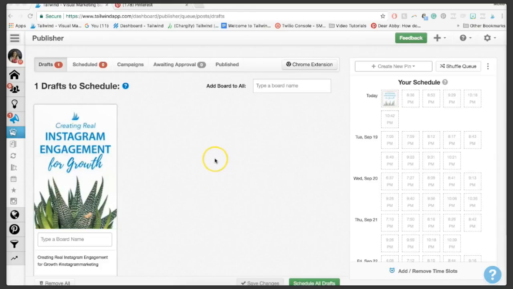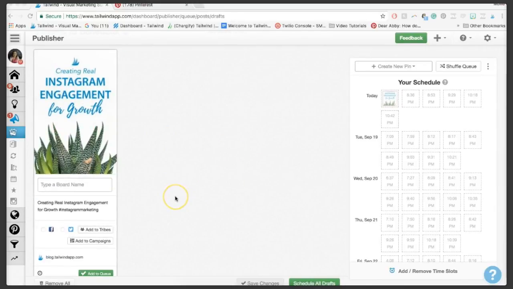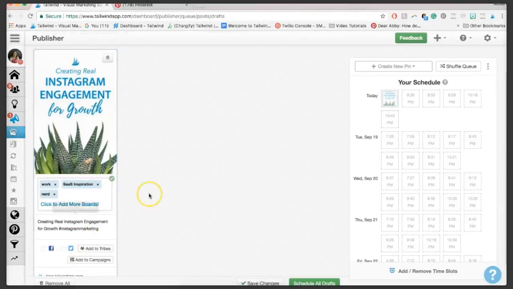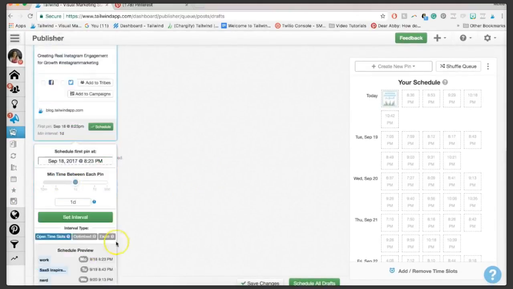Okay, awesome. So let's try that example I did earlier again, and this time we'll use interval pinning. So I will click on my new board list, and I should note that you don't have to use a board list to interval pin. As long as there's more than one board that you add to a pin, you'll be able to use an interval. So we're going to click use interval, and I am going to choose open time slots,